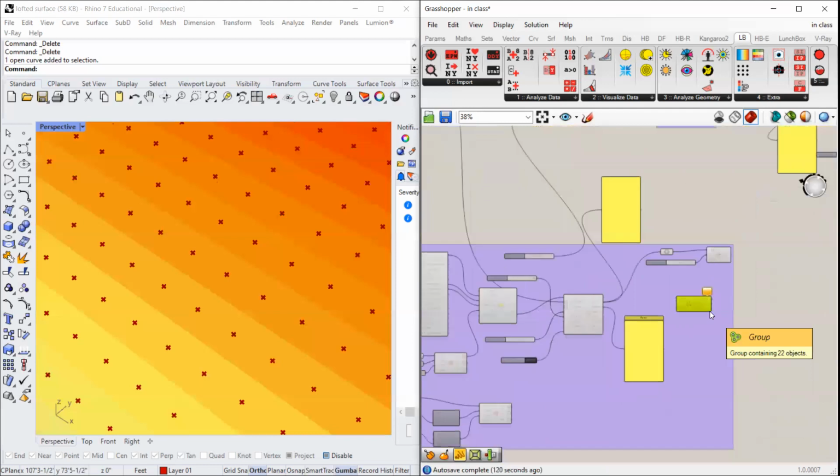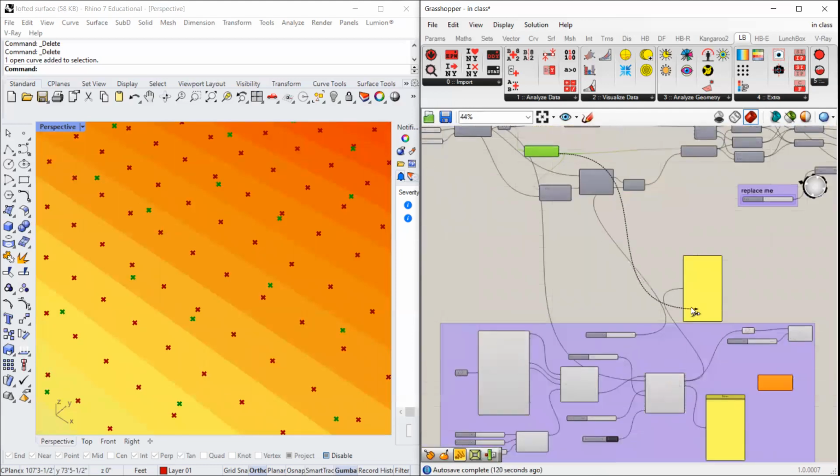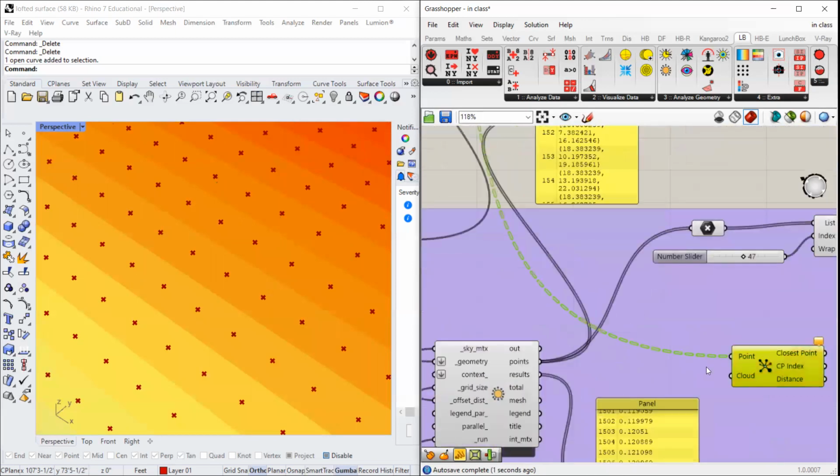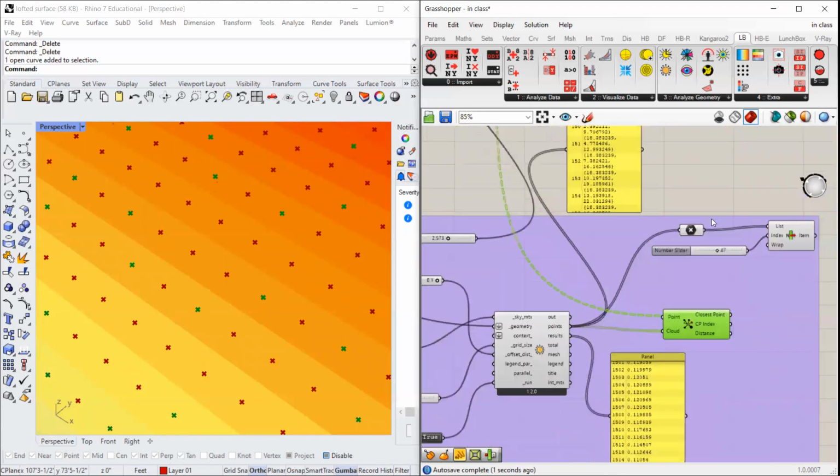So what I want to plug in is my center points, my centroid points, into there. And then I want to plug my cloud of points into here. And then what I should get